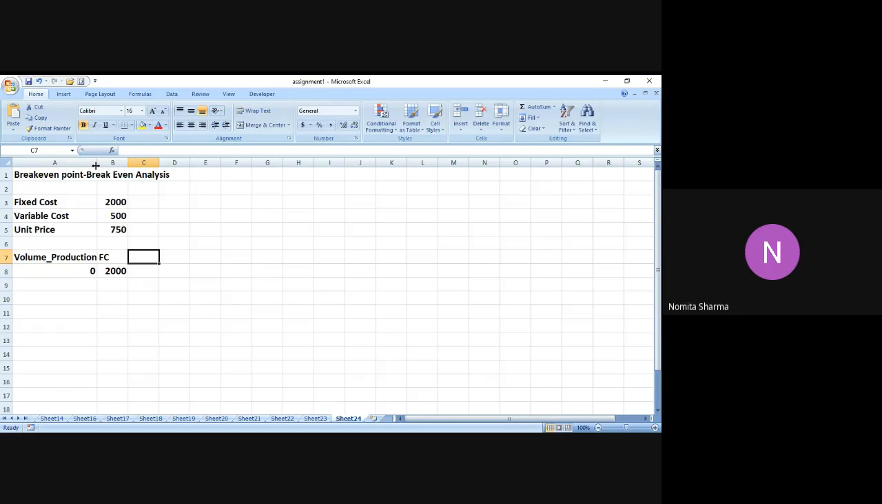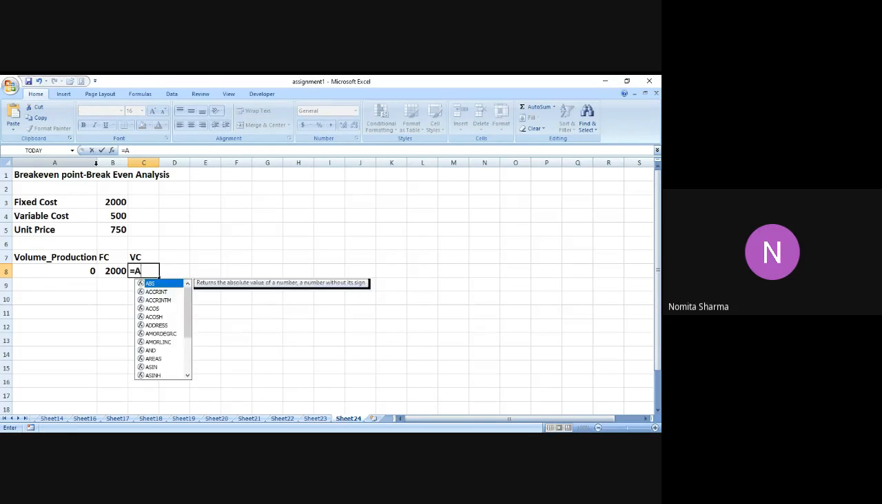The next heading which I have in the table is that of a variable cost, and this is nothing but the multiplication of your variable cost and the volume of production. In this particular case, the volume of production as of now is coming out to be zero, but that's okay. So I say A8, and I'm not going to fix the cell, reason being, this is going to change with every number. So I say A8 multiplied by B4, which is having variable cost. And again, since initial variable cost is going to be the same, I'm going to use dollar sign for this as well. So I say $B$4,